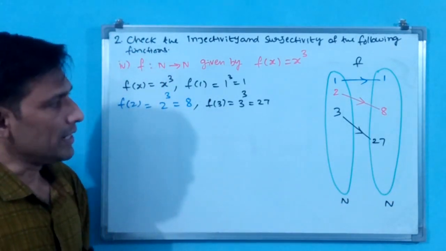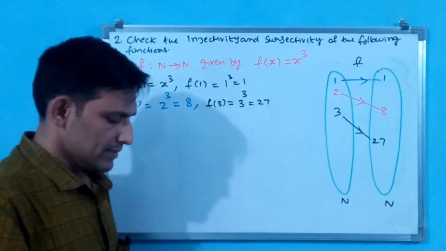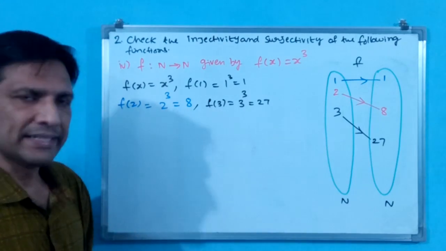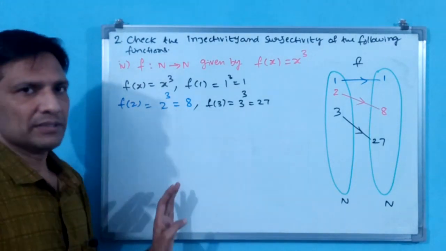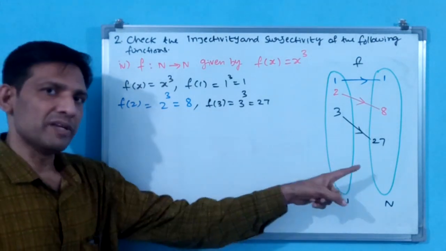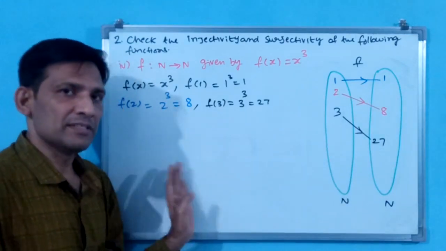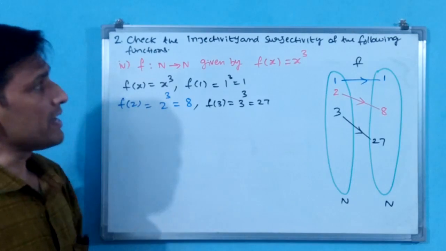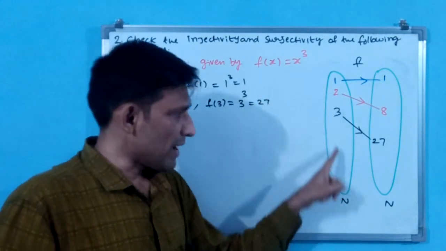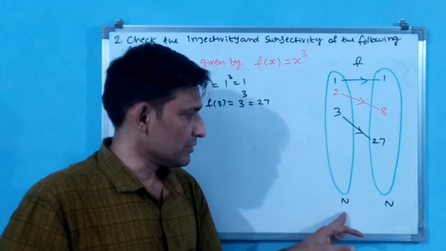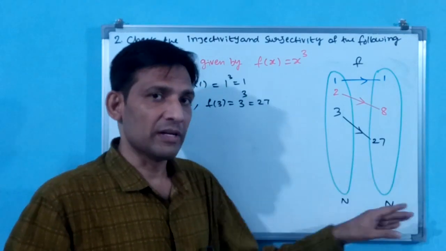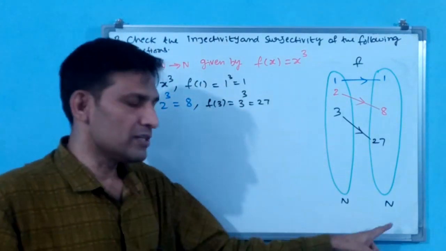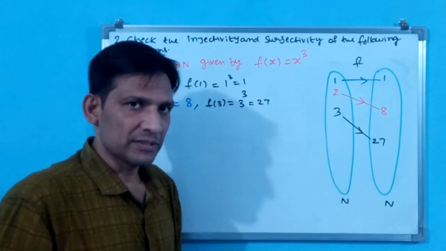Okay. And on this side, the cube root of 27 will come 3 only. Like that, they don't have any option. Only one pre-image will be there for every image. That is why this is injective. Why? Because if a square is there, and negative numbers are there, then 2 pre-images will come. But here a square is not there. Why? Because natural numbers don't have negative numbers.